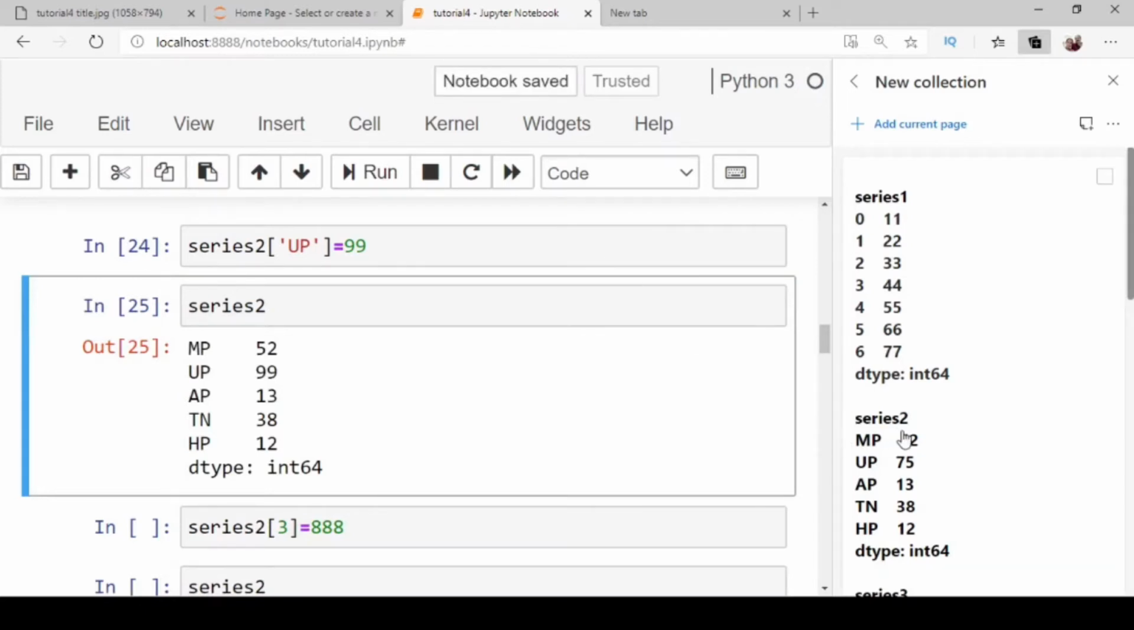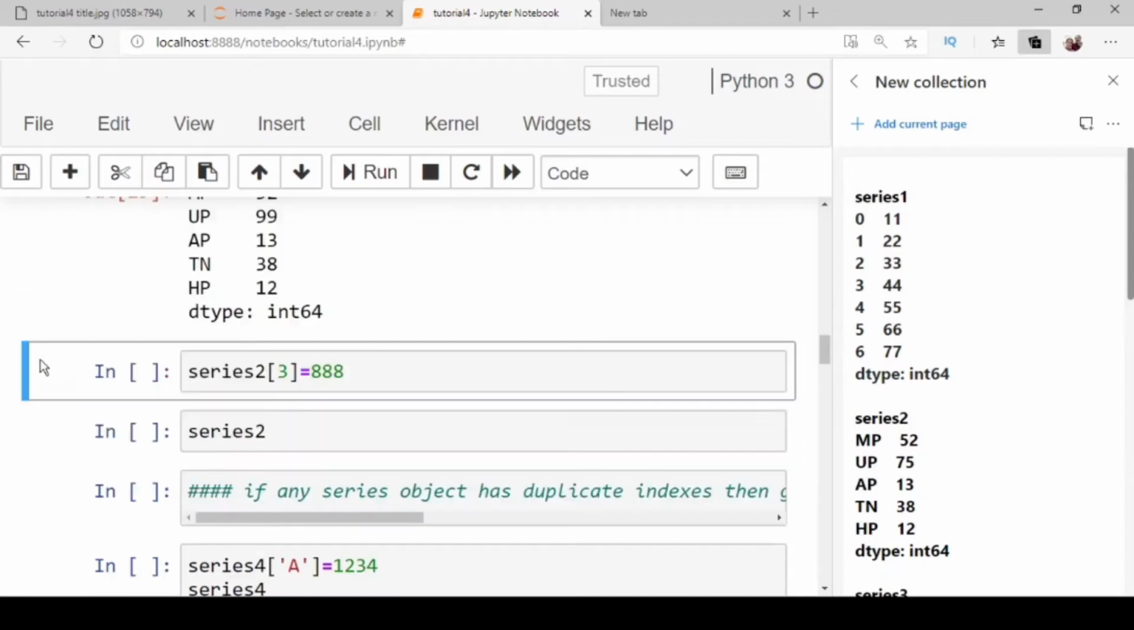This is the old structure of series 2 and this is the new structure after modifying the value at the index up. You can see that the old value of up was 75. Now its value has been changed to 99. Take another example from series 2. Series 2 has non-numeric indexes. Therefore, we can also modify its data